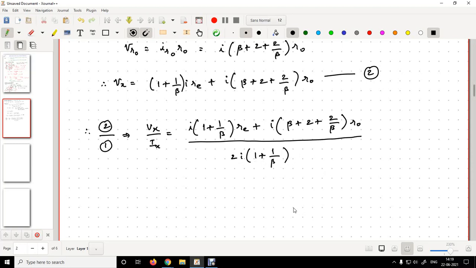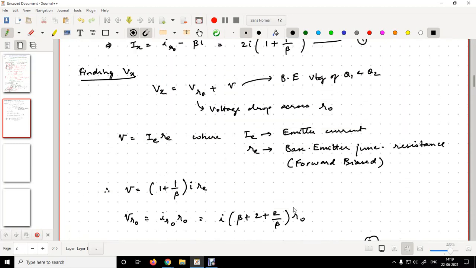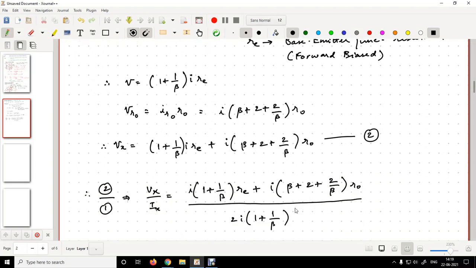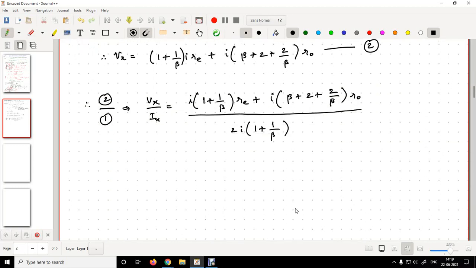Okay, let me check. See, 2I into 1 plus 1 by beta, Vx is this. So solve this. Okay, all the I's will get cancelled. I and I is gone. So from this I can write it as beta plus 1 by beta into Re